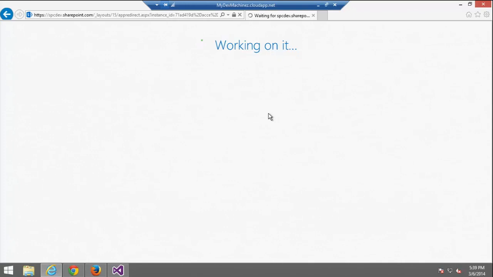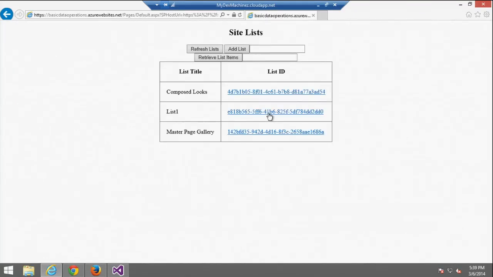And now, here is the provided hosted component. It's basically a very basic app from which you can check the lists in your app web and create new lists, check the list items, and so on. And I noticed that you didn't bring the Chrome in. You could have brought the SharePoint Chrome in if you wanted to.